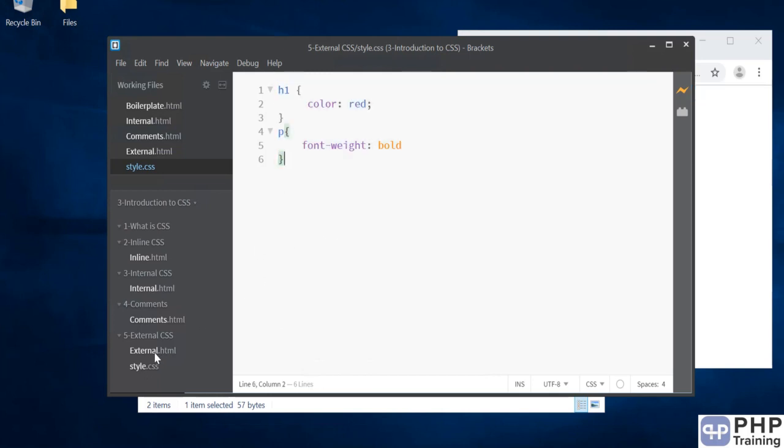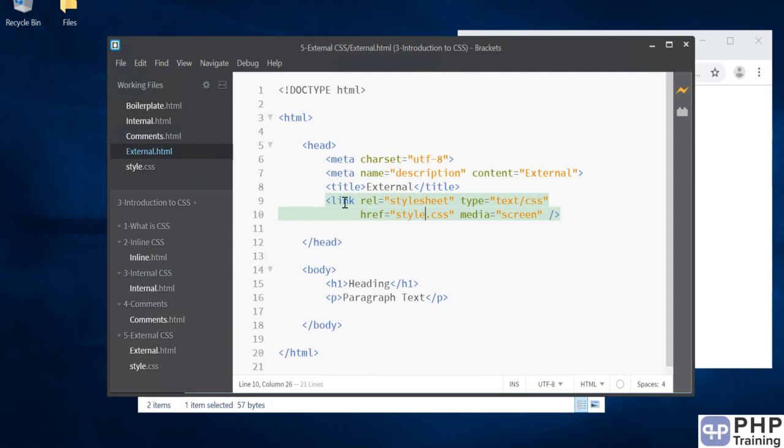Once you write the rules, you go to the HTML page and then you use a tag called link. Again, it is in the head section. You mention what the type is, that is a style sheet, and what the type of this style sheet is, that is text/css. Then you say what the path is, then what the media is where you want to display this. Alright, so once you do that, the linkage is done, then the style sheet gets loaded, and then it will try to change those styles as per your rules mentioned in the